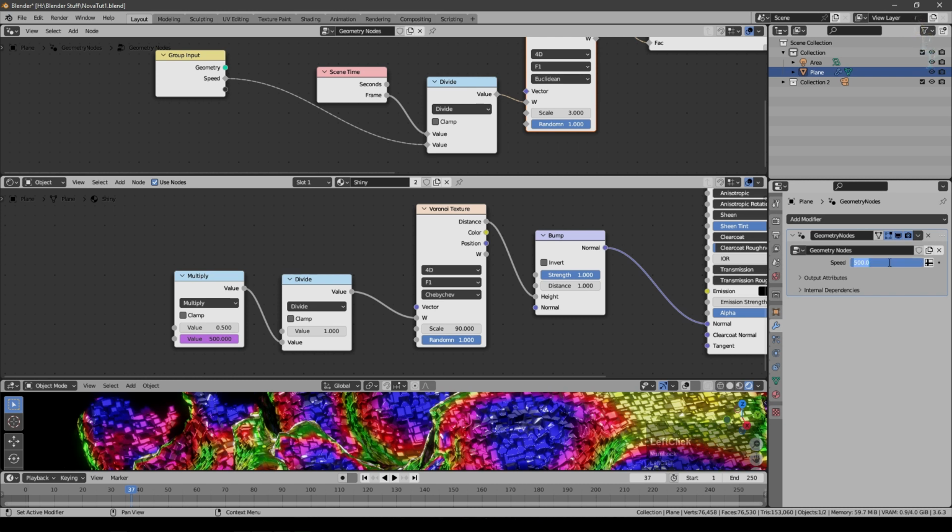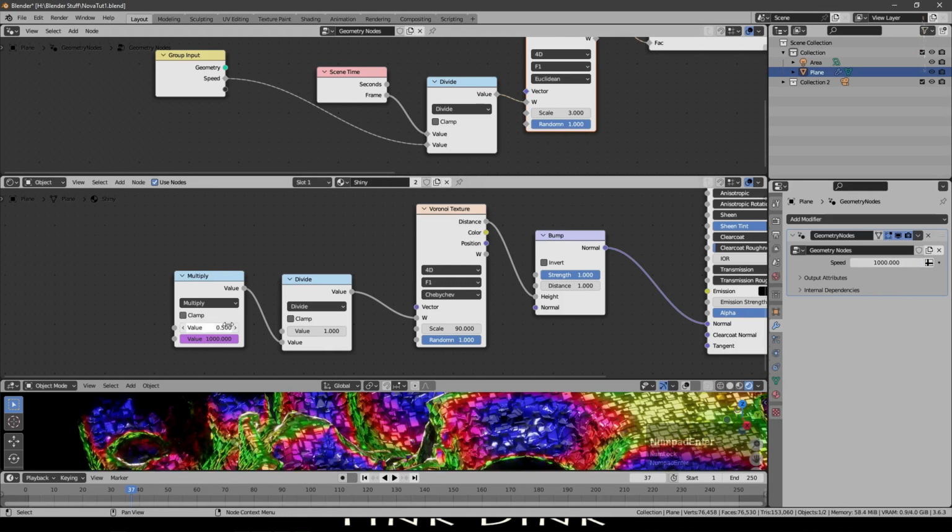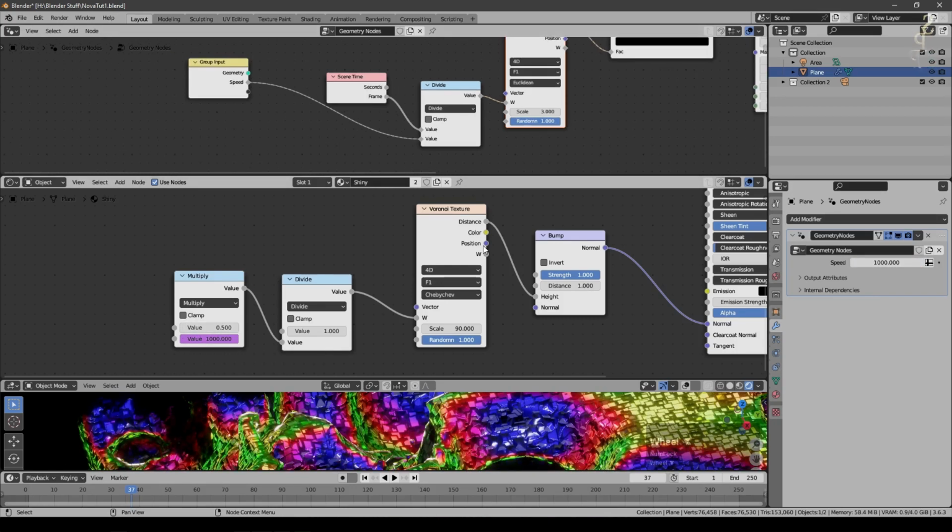If I change this back to say 1000, that's changed to 1000 as well. And we know that, of course, has changed the speed of my geometry node. So that's one way that I can link, in this case, a material property to a geometry node property and keep them in sync. For the frames, I could do the same thing and essentially expose the frames number and